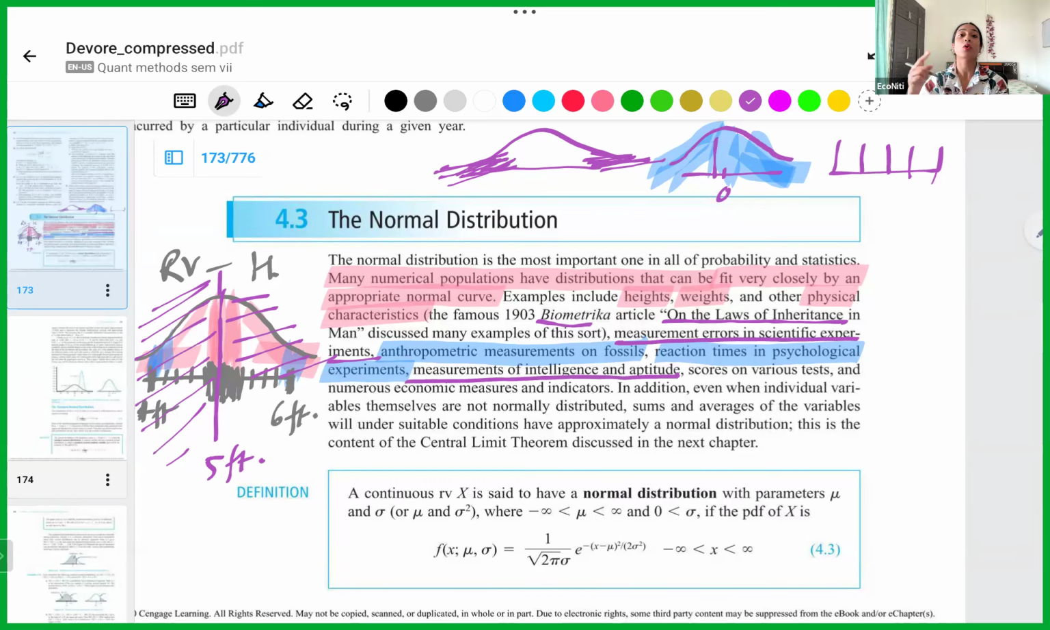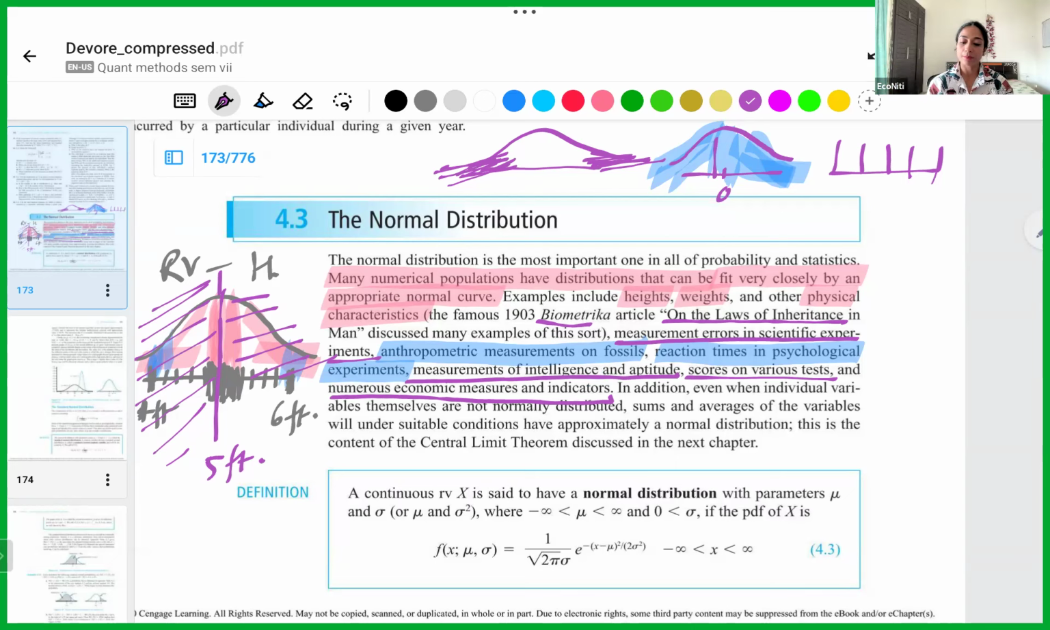ये भी इनका भी normal distribution होता है. Scores on various tests, right? Numerous economic measures and indicators. So all these things that are naturally occurring. किसी ने किसी को बोला नहीं कि तुम क्या report करो, कैसे react करो. This is how things behave on earth. हम जहाँ रहते हैं वहाँ पे ऐसा ही बिहेवियर है, इनफैक्ट यूनिवर्स में बहुत सारी ऑब्जर्वेशंस का ऐसा बिहेवियर। ठीक,